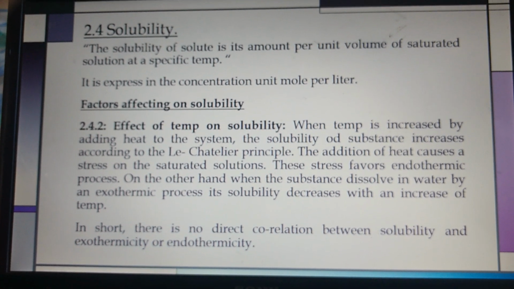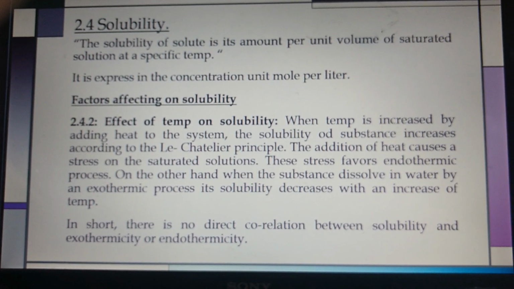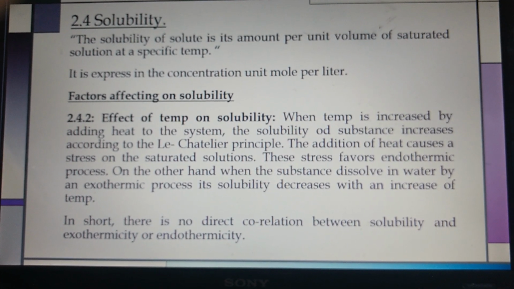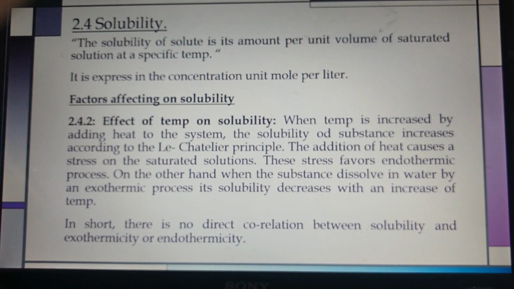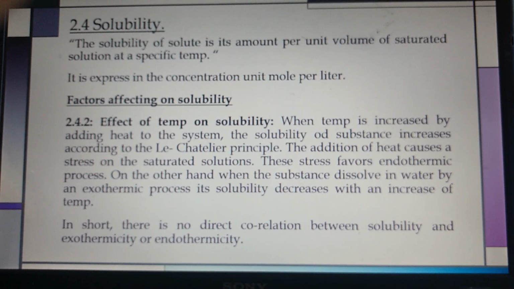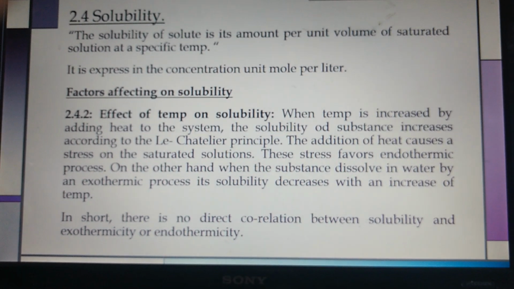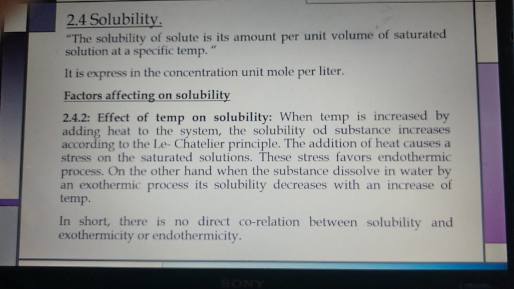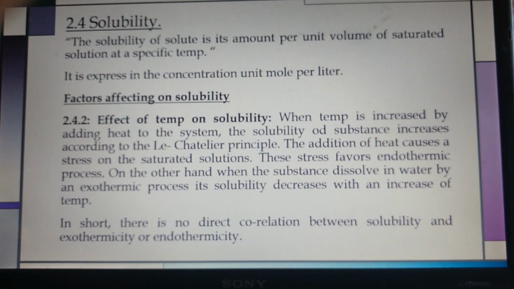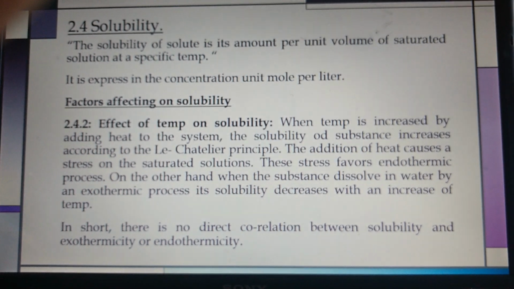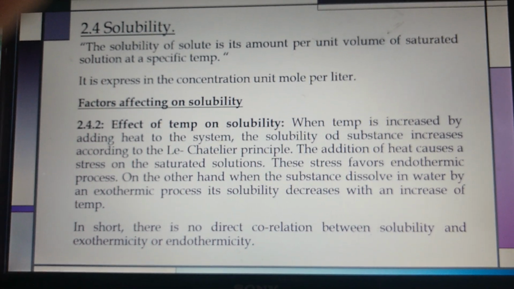Next, the second factor which affects solubility: the effect of temperature on solubility. All of you well know that the solubility of gases, liquids and solid solutes is affected by change of temperature. Generally we say that the solubility of solute in liquid increases with increase in temperature. So the solubility of a solid solute almost doubles with a rise of temperature by 10 degrees centigrade. This is not always true, but solubility of